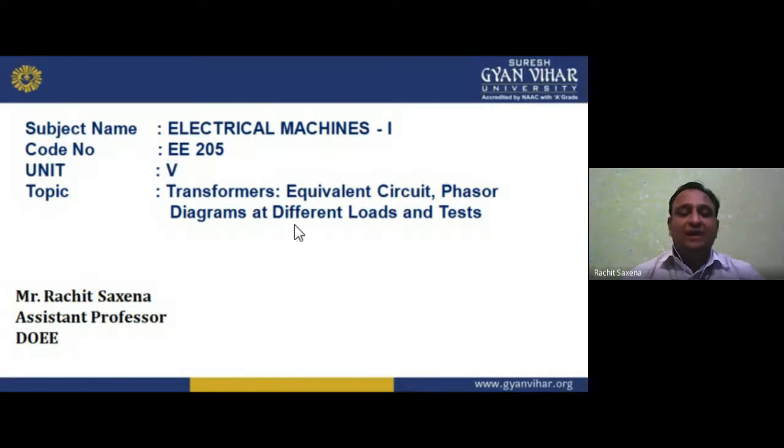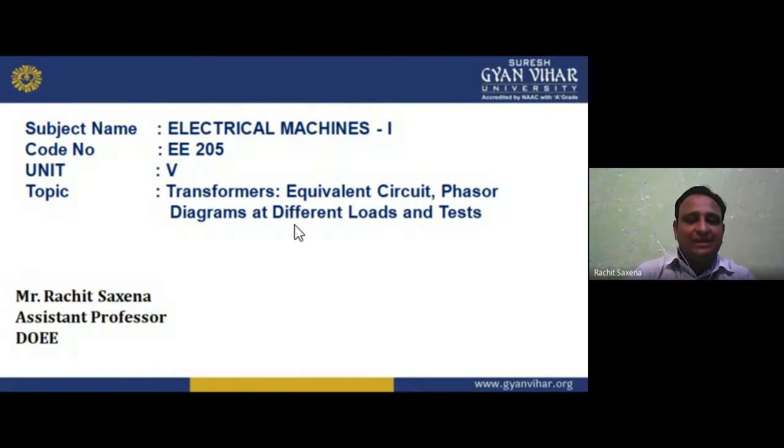Then we have electromechanical energy conversion. The transformer is based on electromagnetism, but it is a non-rotating machine, whereas the DC motor and DC generator are rotating machines. In those machines we use electromechanical energy conversion, in which we convert electrical power into mechanical power and mechanical power into electrical power. If I am converting electrical power into mechanical power, I need a device known as a motor. If I am converting mechanical to electrical, that is a generator. So we have the generator and motor based on electromechanical energy conversion.